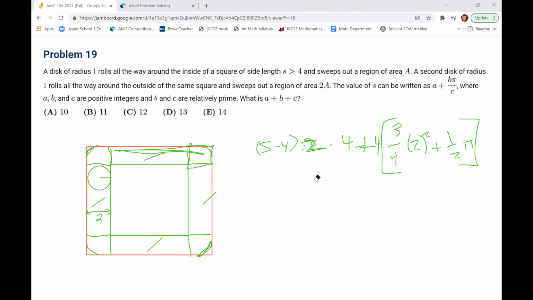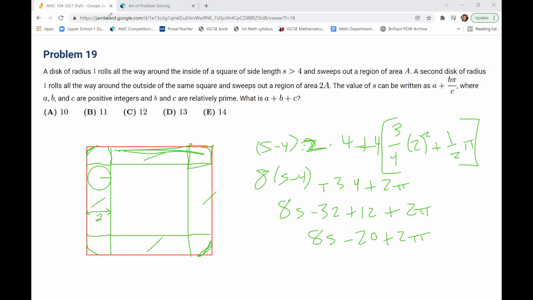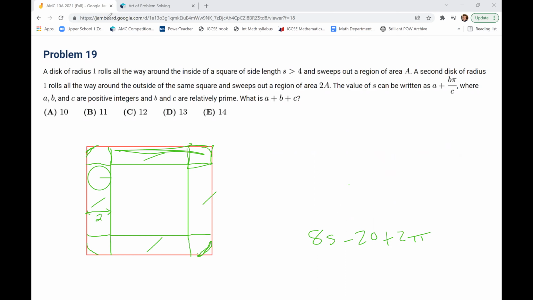s minus 4 times 2 times 4. So it's 8s minus 4, plus 4. So it's going to be 3 times 4 plus 2 pi. 8s minus 32 plus 12 plus 2 pi. 8s minus 20 plus 2 pi. So that's that inside area, which I guess we call A. Now, if we look at the outside part,